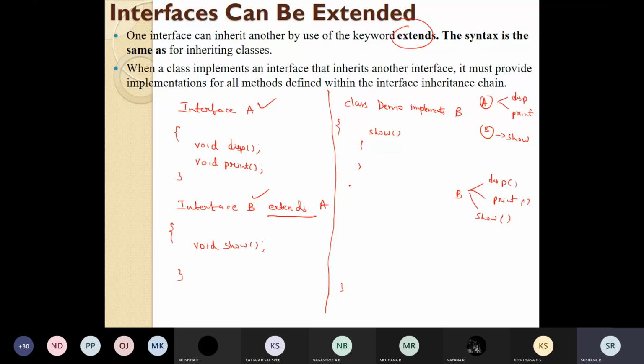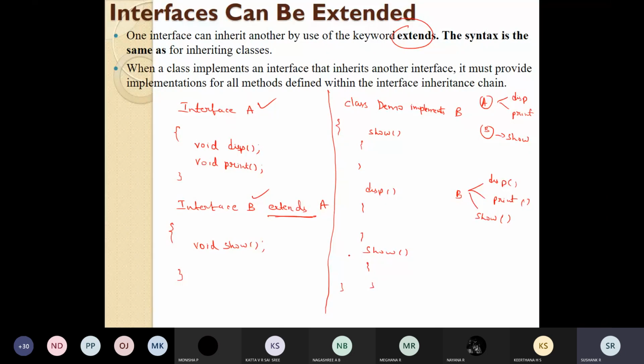So it has to provide the logic for display also. It has to provide the logic for show also. It has to write the functional body, or the implementation details, of the show method, the display method, and the print method.